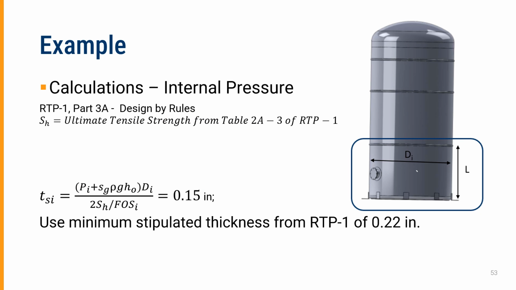When we do the calculations, we're inferring right away that we're not going to worry too much about the internal pressure, but we're going to run calculations for internal pressure anyway. So when we do that, we get the ultimate tensile strength from table 2A-1, and when we work this out for the thinnest section